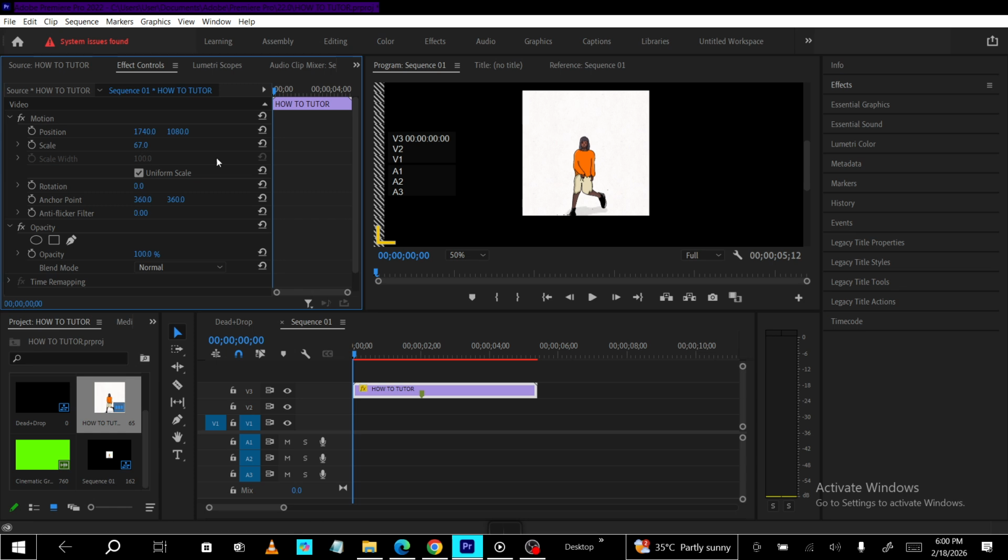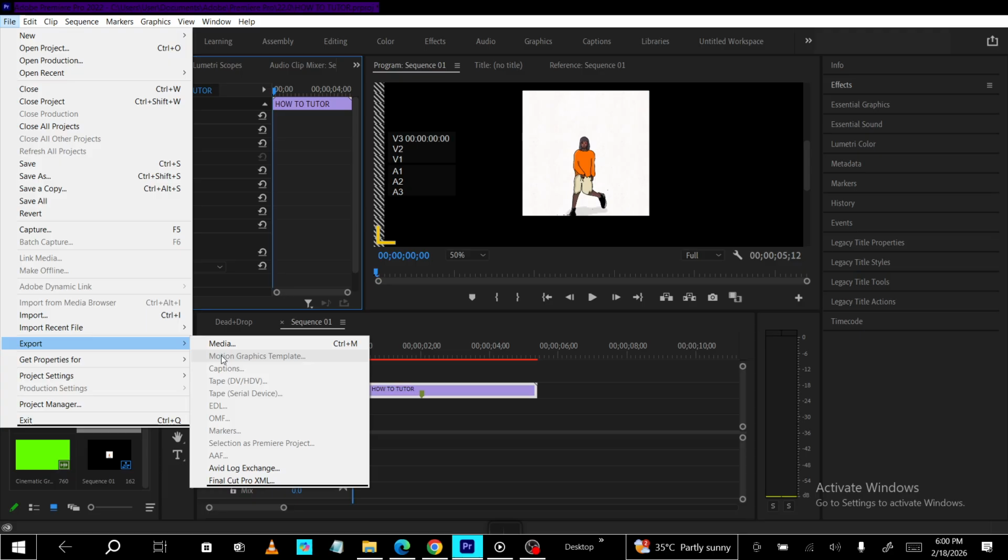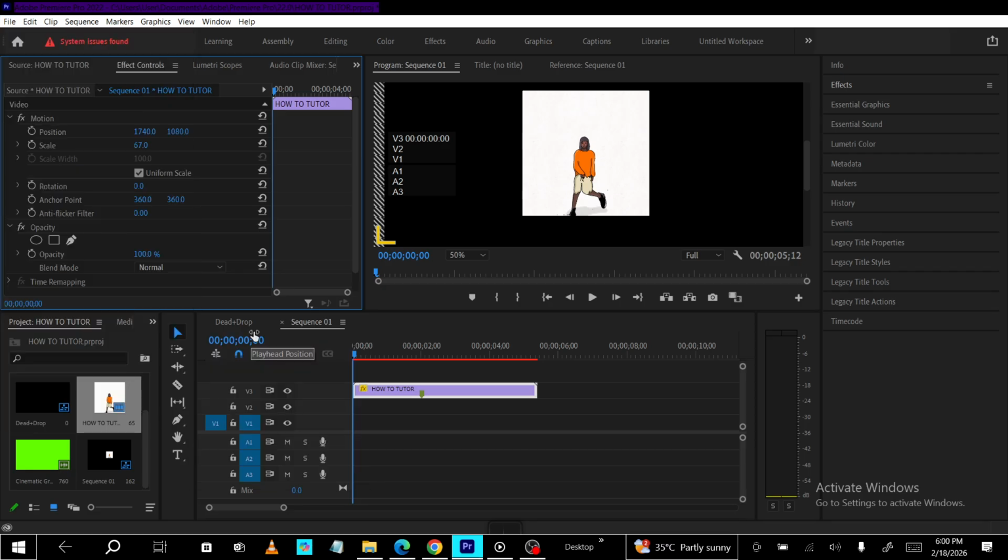When everything looks right, it's time to export. Go to File, Export Media. Set the format to H.264, which creates an MP4 that balances quality and file size. In the export settings, match your sequence's higher resolution. For 4K UHD, confirm 3840 by 2160 in the video dimensions. Double-check the frame rate matches your sequence and scan the summary to confirm the output size is correct. Choose a descriptive file name and a save location you'll remember, then queue or export to